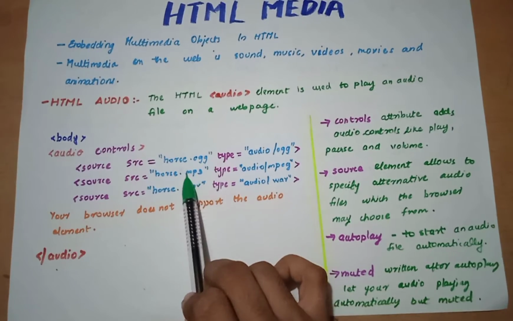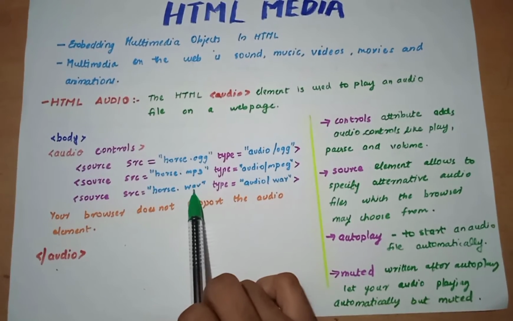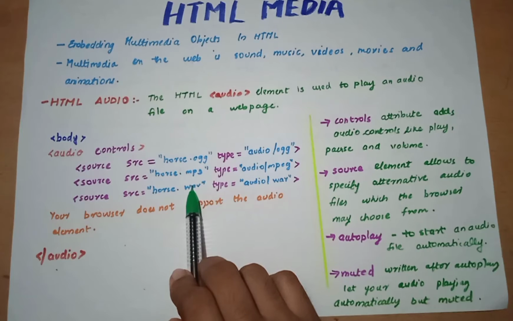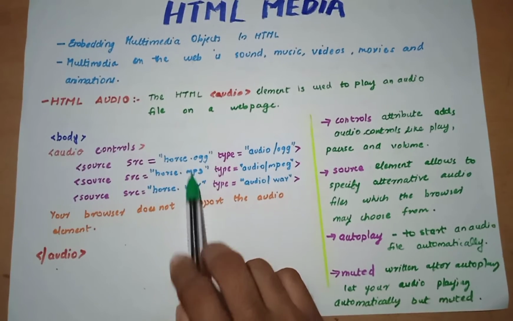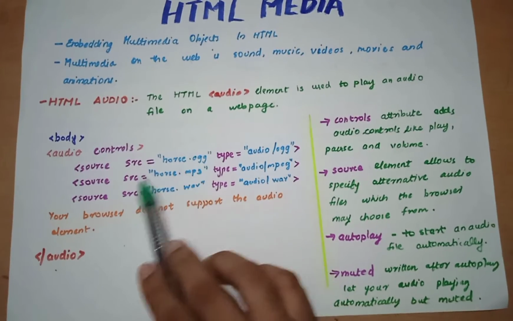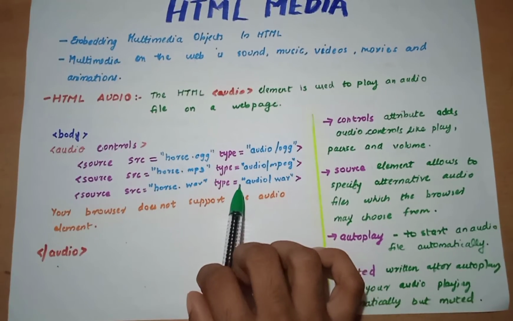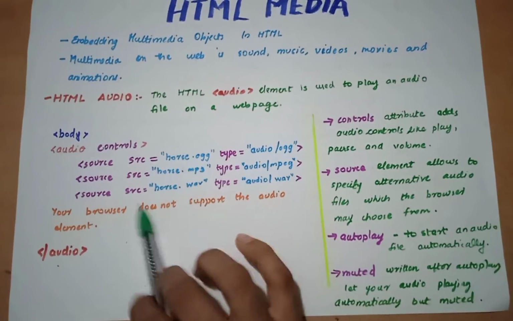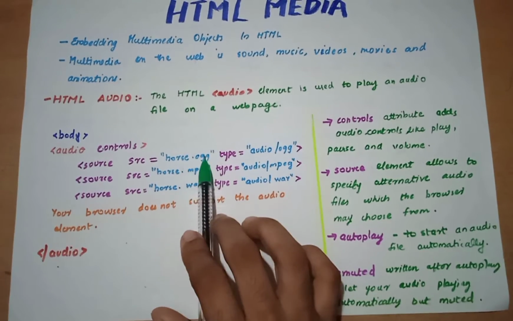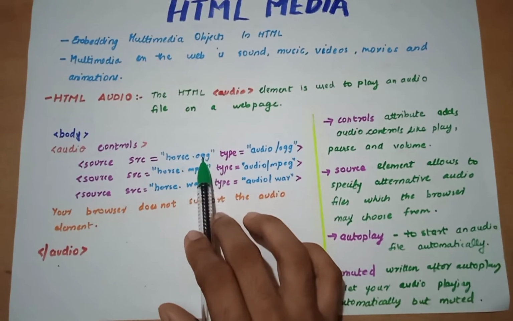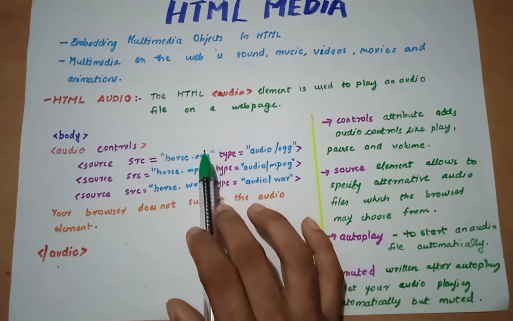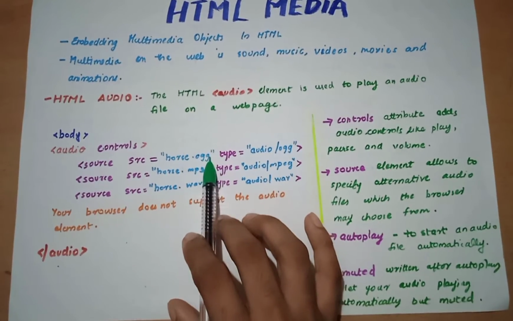Like that we have many different types of audio files. They are ogg, mp3 and also WAV. These are the different types of audio files that we can save, and we already have used all these examples in our page. The type of audio file that we insert first will normally be taken by the HTML to display.